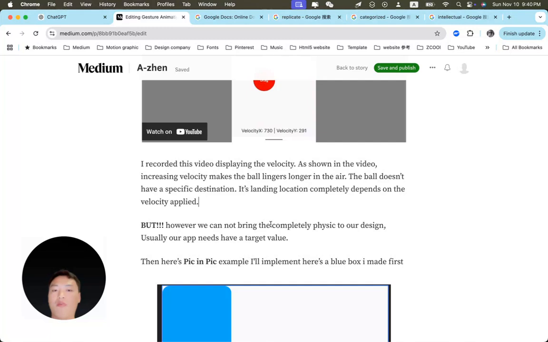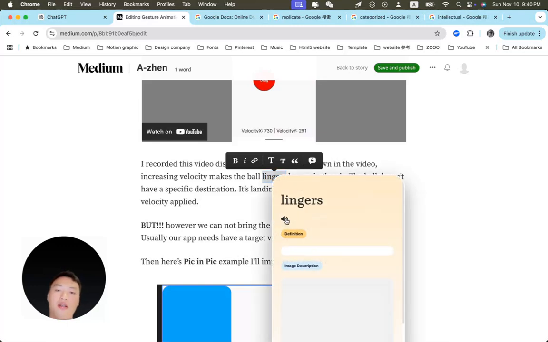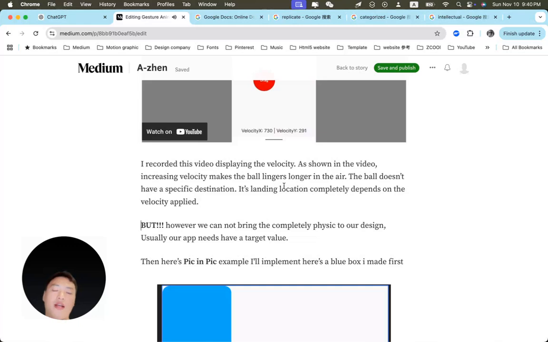Increasing velocity makes the ball linger longer in the air. Lingers, right? Lingers means to stay. Lingers longer in the air. The ball doesn't have specific